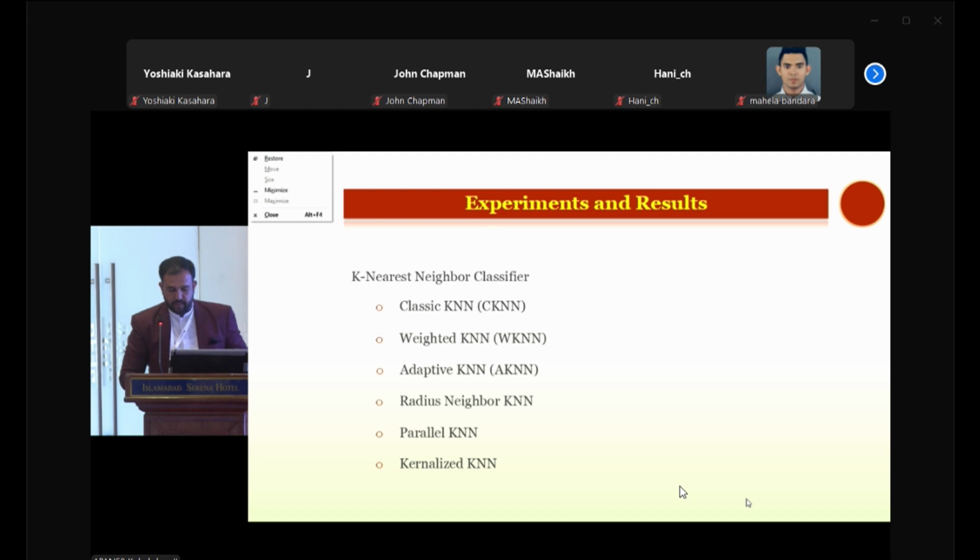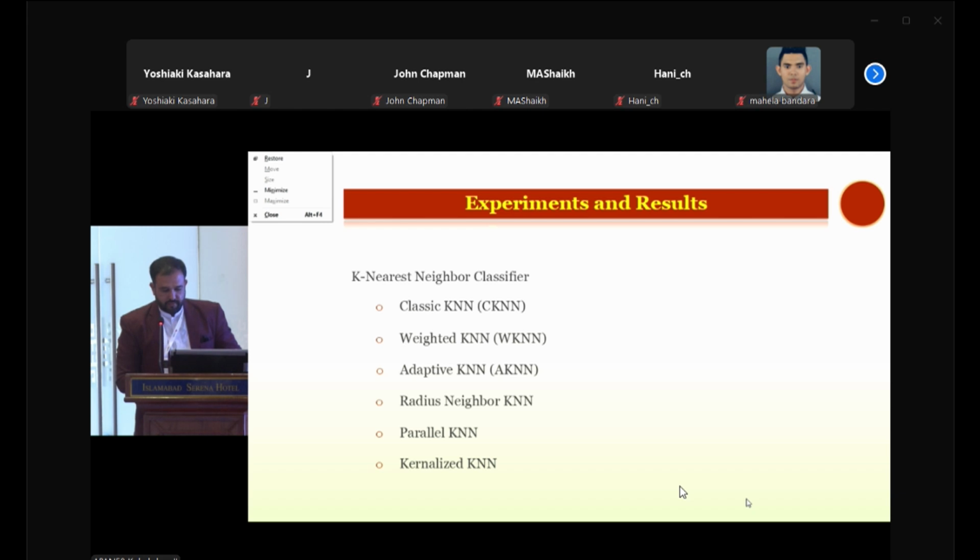Experiments and results. We have chosen the k nearest neighbor as a classifier because we were experimenting basically on the feature engineering. So when we have the desired features, we can perform any algorithm on it. So we have chosen k nearest neighbor for now, and we have